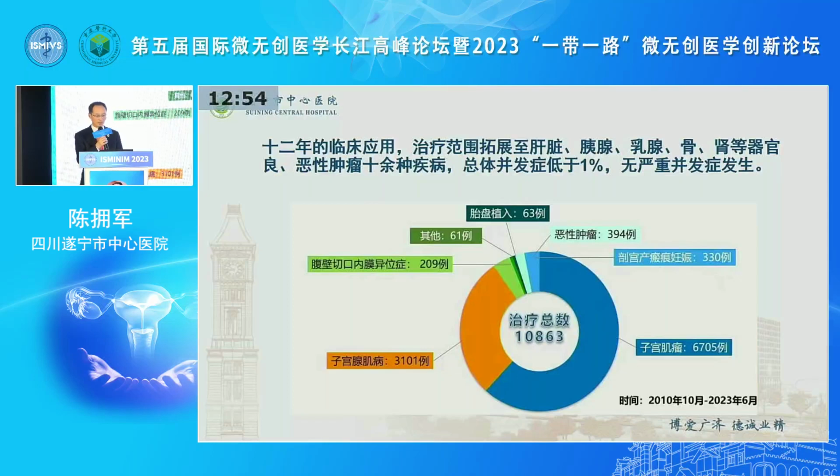As we have verified its safety and efficacy, we further expanded it. By the end of June the 30th, we have completed 1,683 cases, the majority of which were gynecology cases, for uterine fibroids and some cases of adenomyosis. And we decided to further expand to other indications: liver, pancreas, cervical cancer, and also